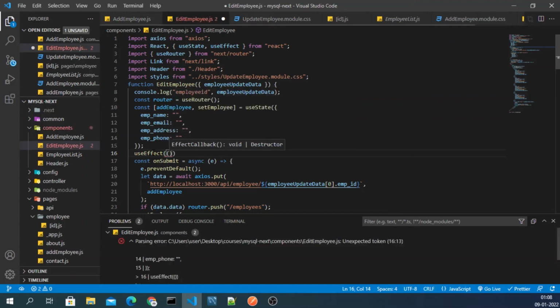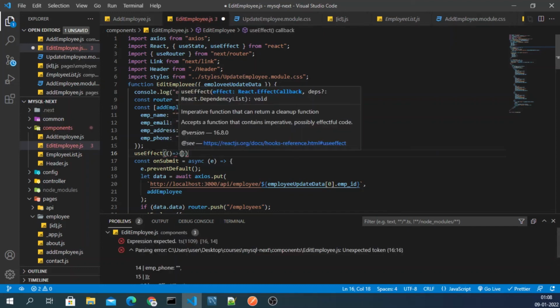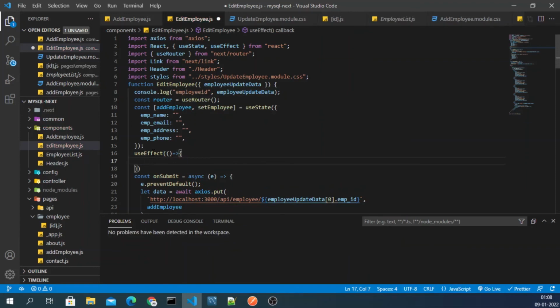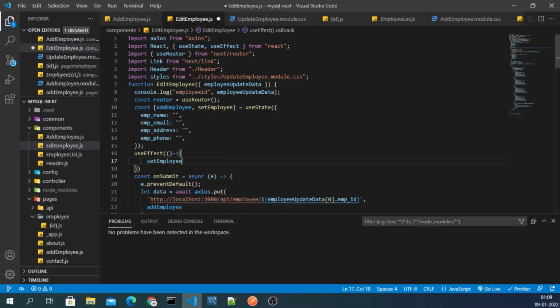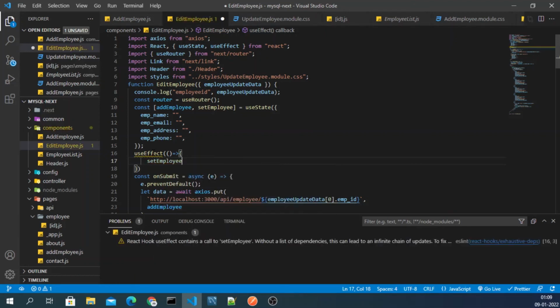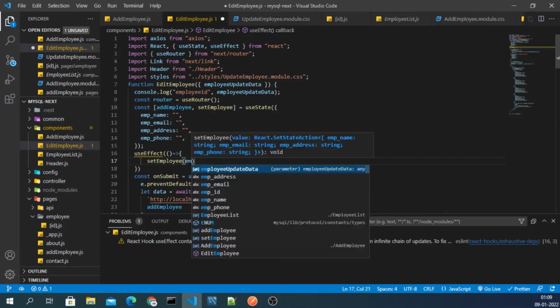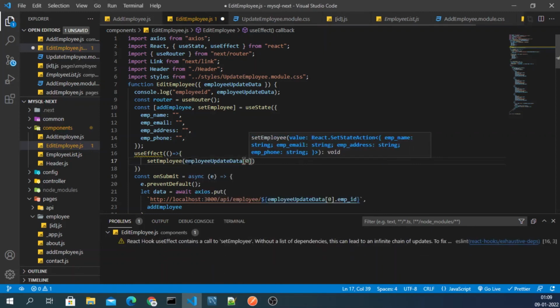So I will use simply here like this and like this, and here I will set employee, and inside that employee I will set my data. So I set my employee update data, and that data is present on the 0th element, right?